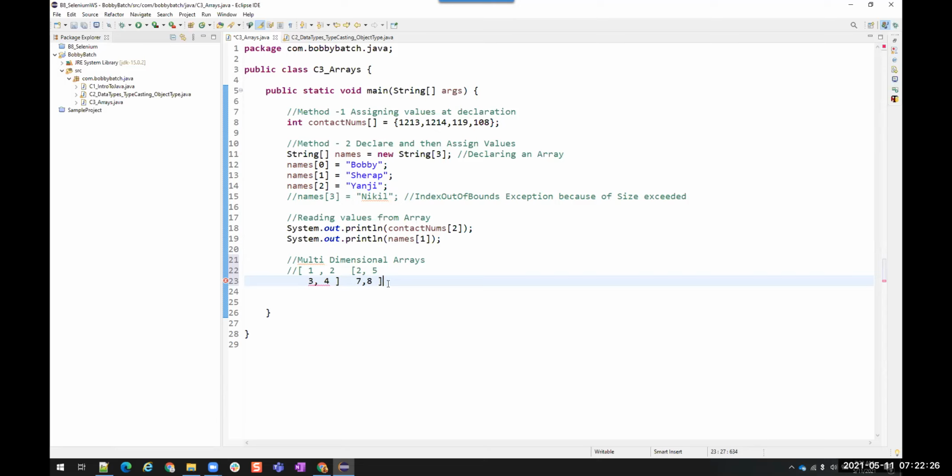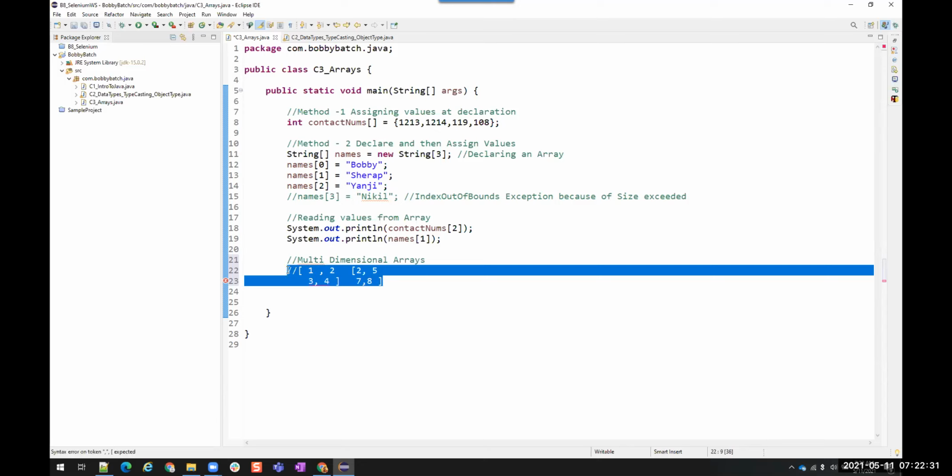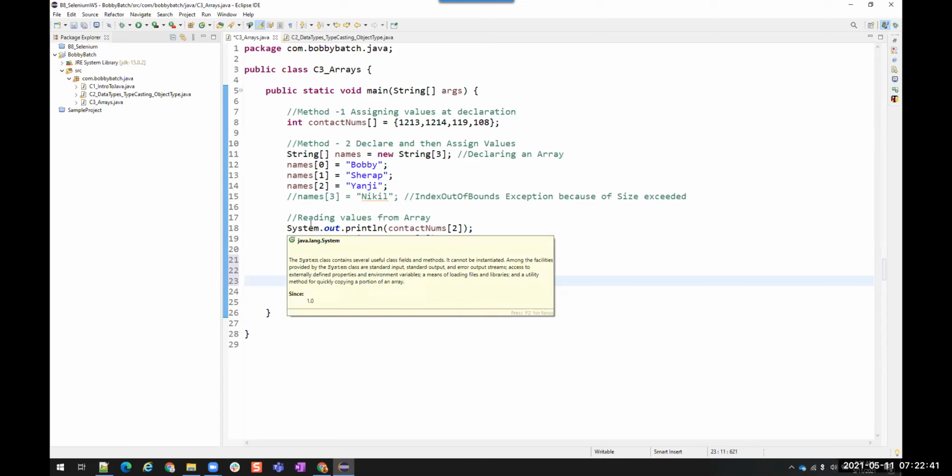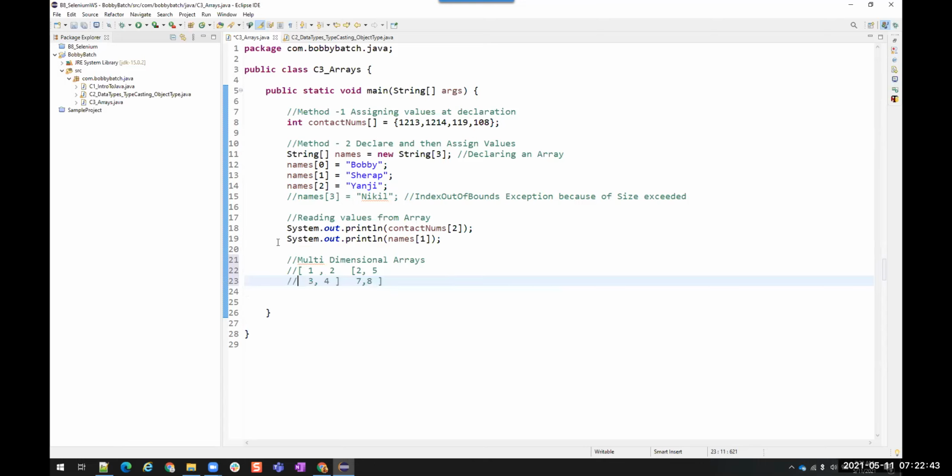So if you want to store data in the form of matrices, in the form of rows and columns, we go for multi-dimensional arrays. So let us see how we declare these multi-dimensional arrays, how we write them, how we use them.